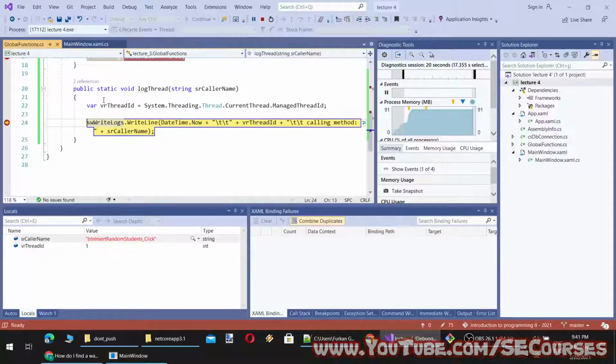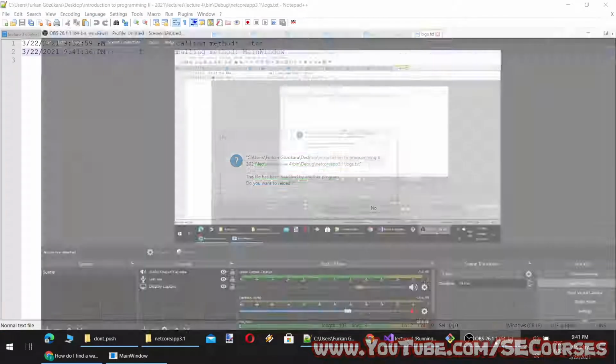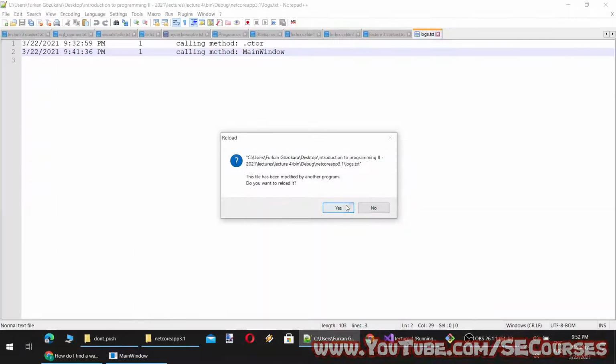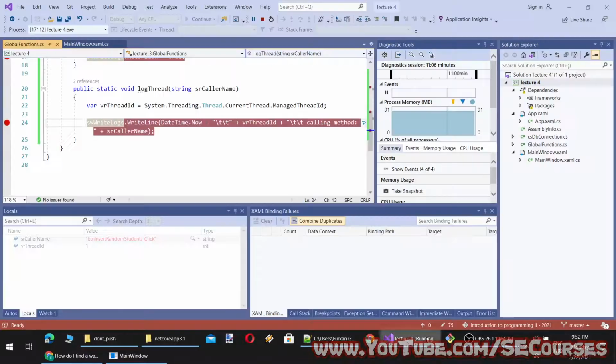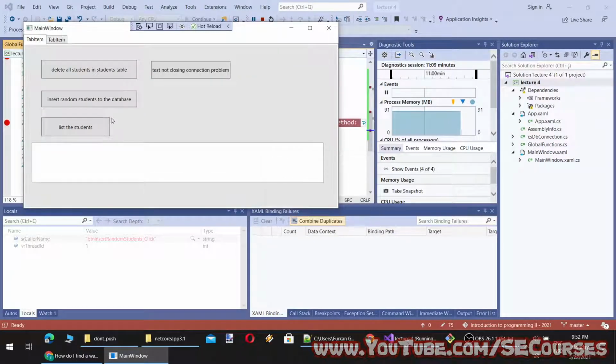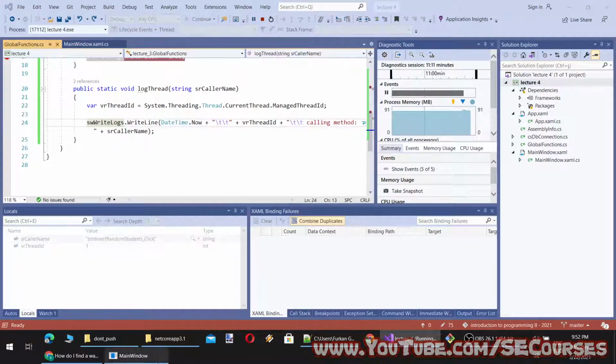Then when I click this, we will see, okay, one moment. Okay, when we reload, now our method names are being written, and you see they are running under the same managed thread. Therefore, when we click insert, our interface is getting frozen until that method call is completed.